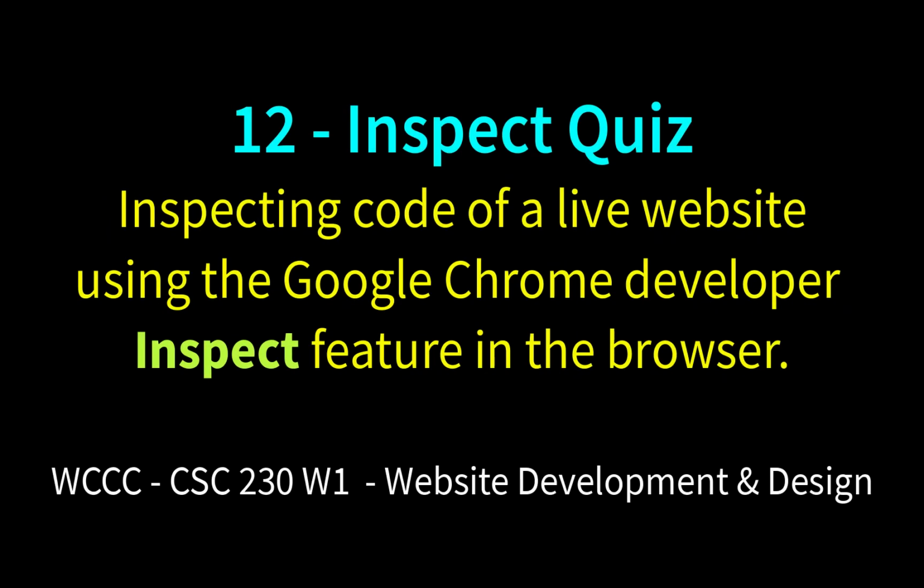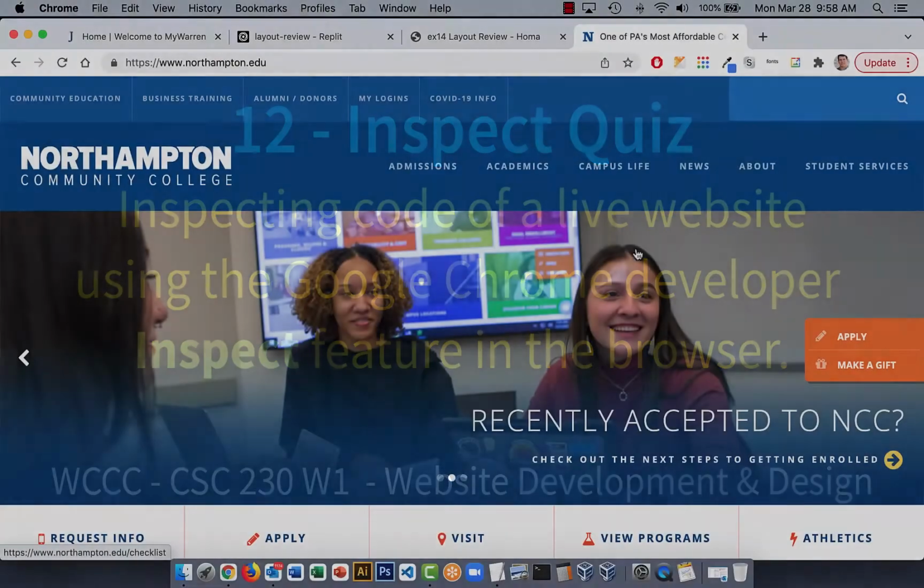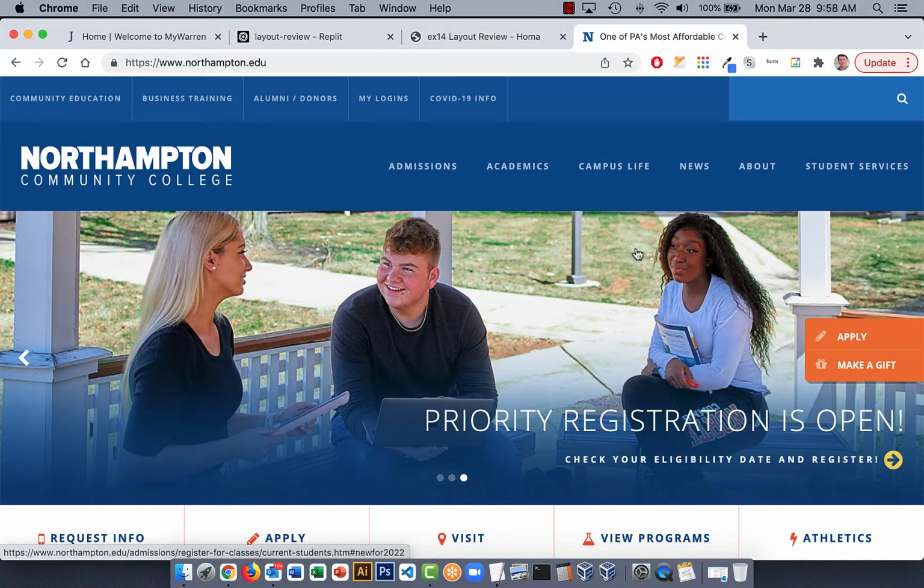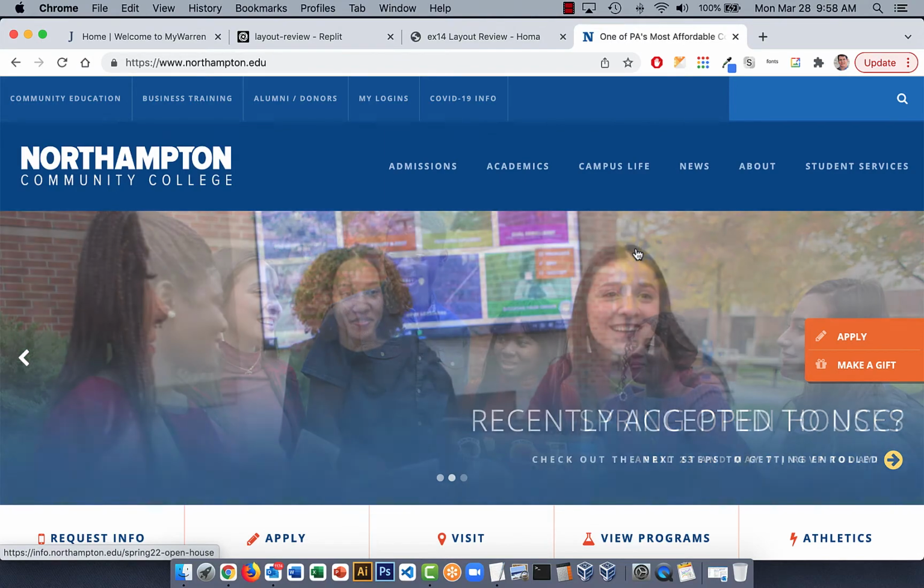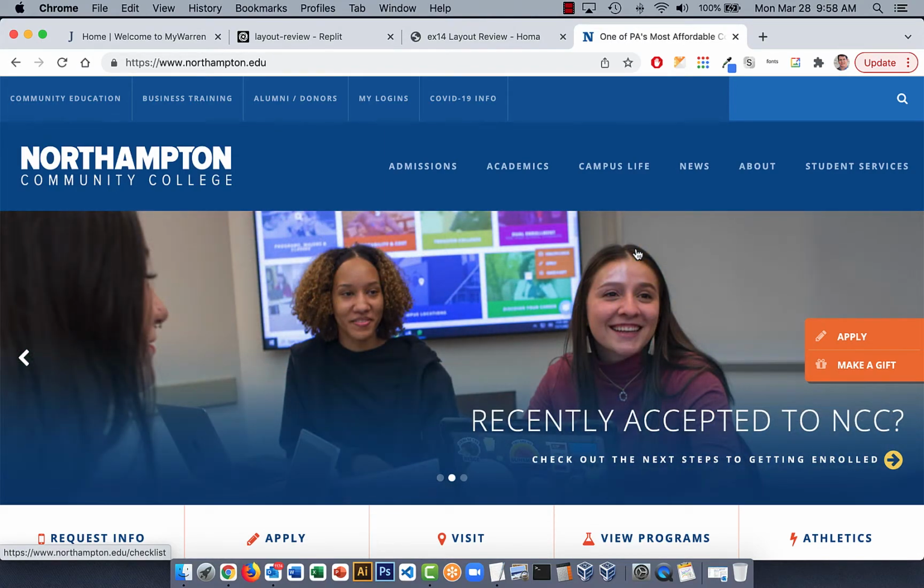I showed you the Inspect palette, the Inspect tool in Google Chrome, with the landscape, the E. Moyer one, and now we're going to look at a college one. I was going to look at the Warren one, but there are some weird issues with it. It's very outdated in terms of background images and things like that, so I'd rather look at something a little